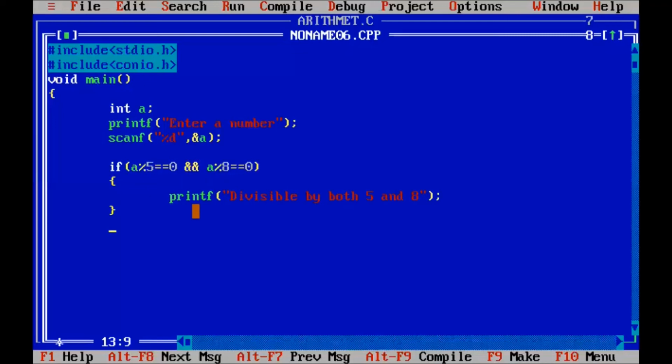Here we check one more condition, else if a divided by 8. Here we check 8 and 5 separately, and print.